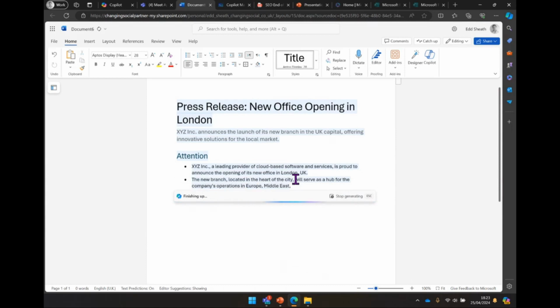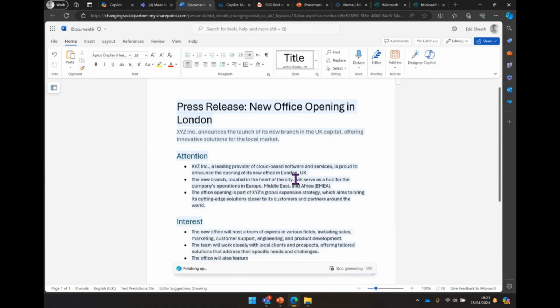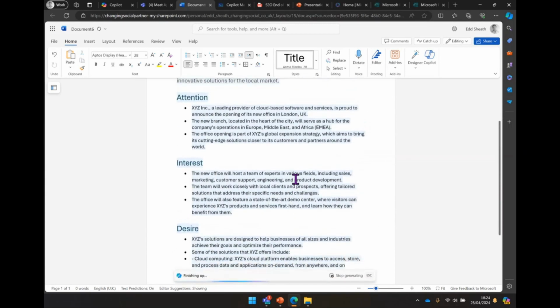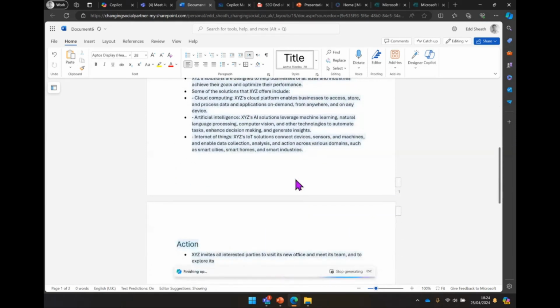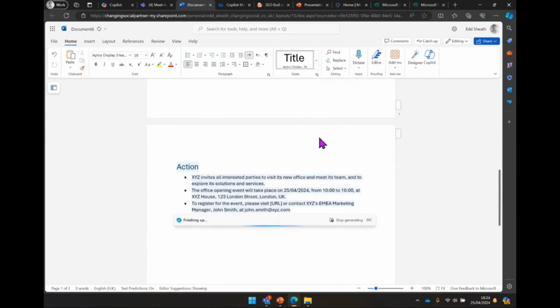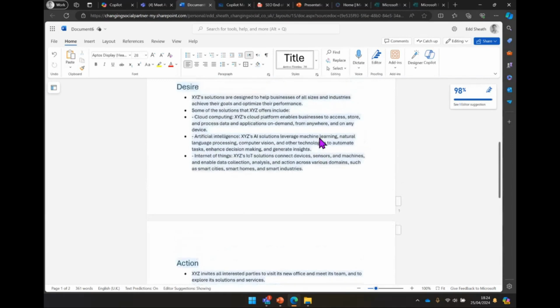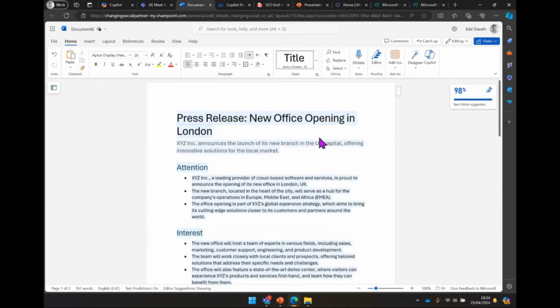We should have the subtitles coming through when it comes to the content. We should start to see attention, which we've got, interest, which we've also got, and desire. And then finally, it should tidy up with an action, and it has. So it understands methodology. It understands the principles of the information we've asked it. And now I can take this framework and start to update and build from this starter of 10 with my